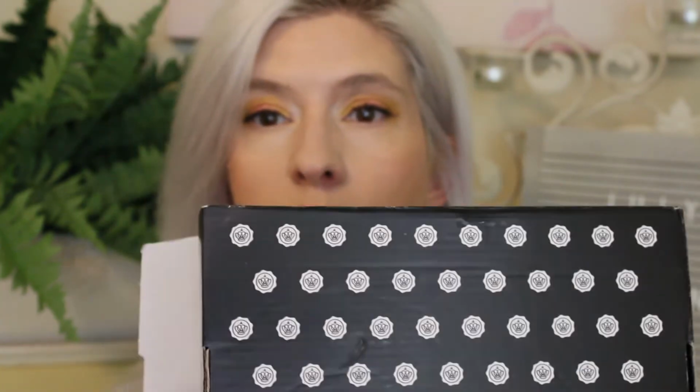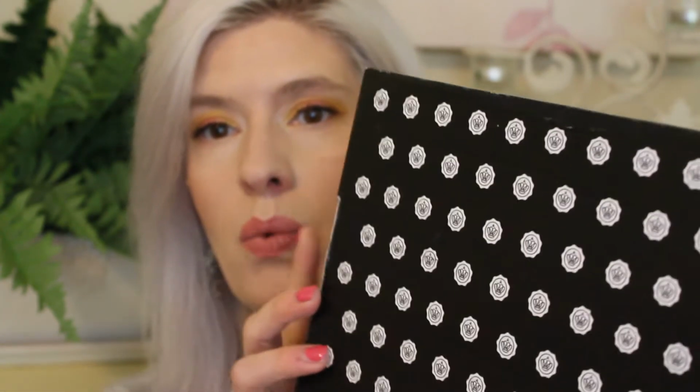We're going to jump right into GlossyBox. So typically with GlossyBox, and I do have to say they do a great job with their packaging, it will come in an outer box like this. And then once you open up the box, typically there are some